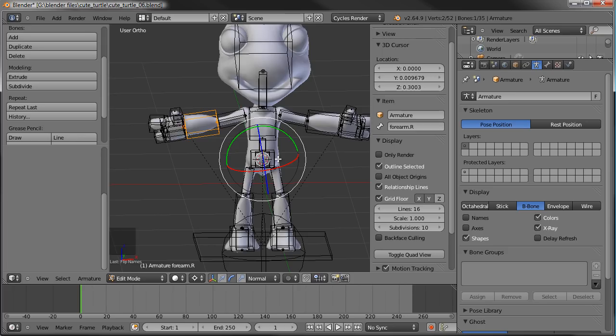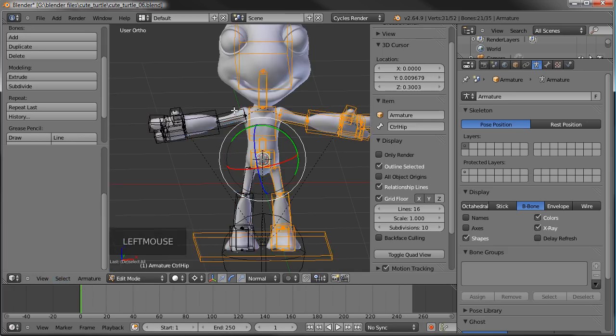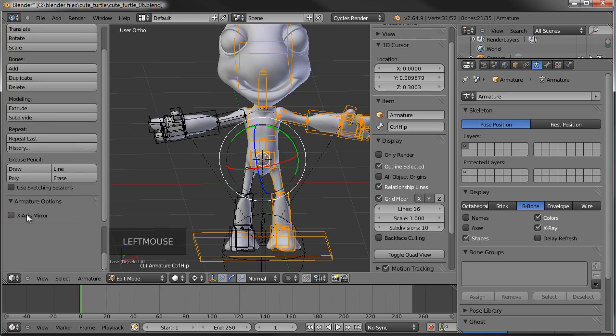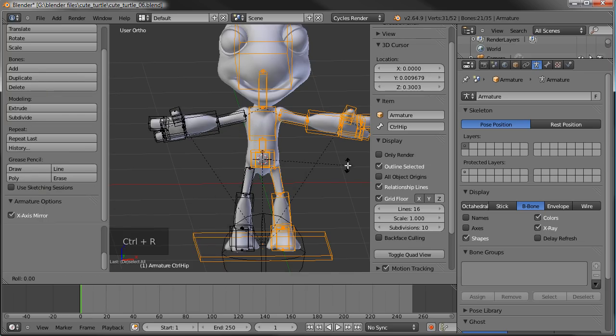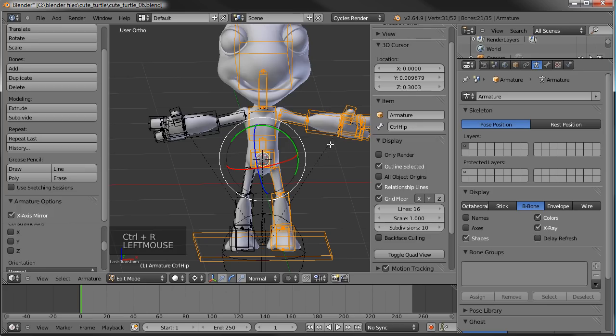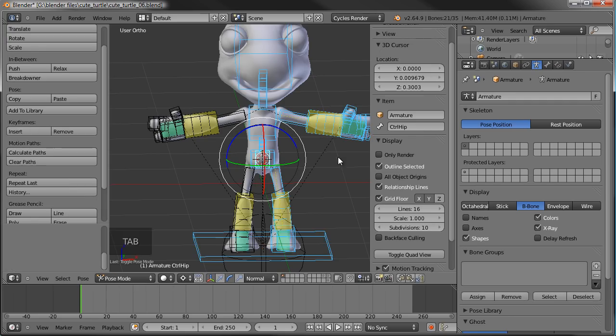So go ahead and undo again, so we have those selected. And now we'll select inverse, so we have the originals. And now if we hit Control R, since we have the x-axis mirror turned on, I don't know what I had selected before, but anyways, if we hit Control R, you can see that the rotation of these bones pops right into place to where they're the exact opposite of these originals. So we tab out now,